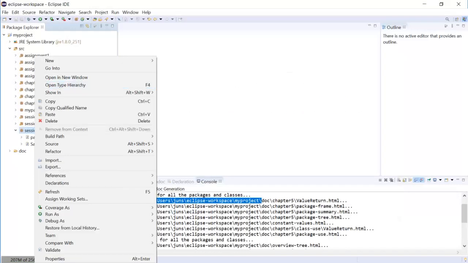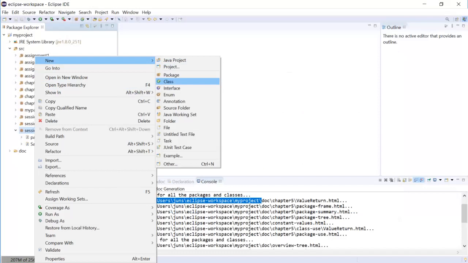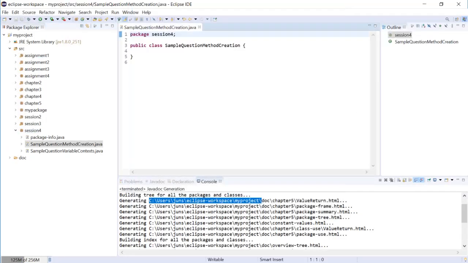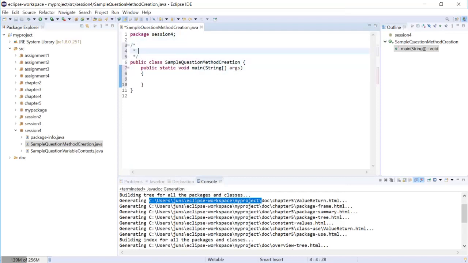So let's create the class first. I'm going to call it sample question method creation. And as always, public static void main string array args, followed by curly brace. And now let's add